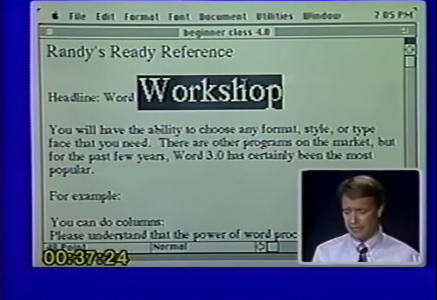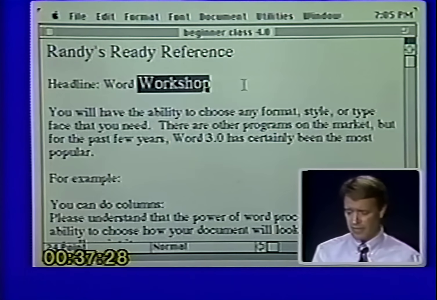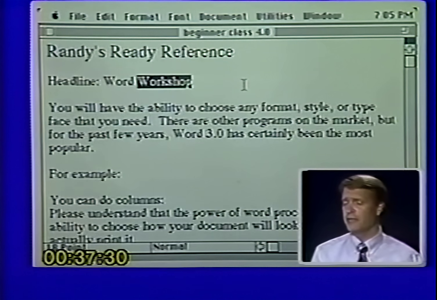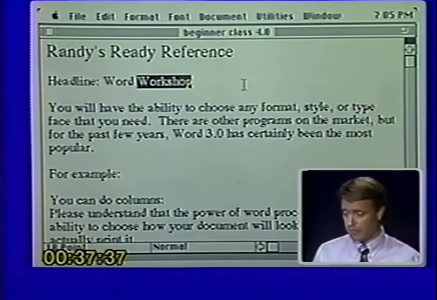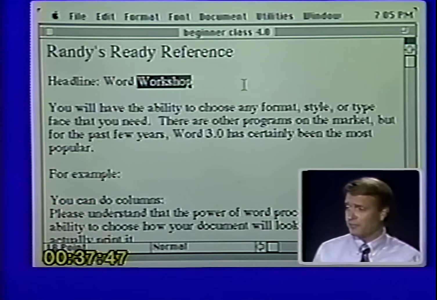Now if I want to go down in size, Command Shift less than, Command Shift less than, Command Shift less than. I think you'll find that as a great shortcut. That has saved me literal hours on the computer by using that in Word and other programs. So again, Command Shift less than takes it down sizes, Command Shift greater than will take it up. All right, so that's the first way that you can do the size.